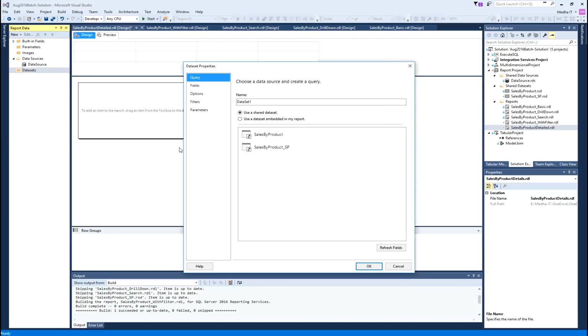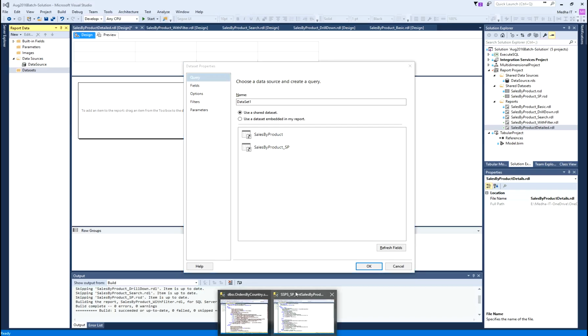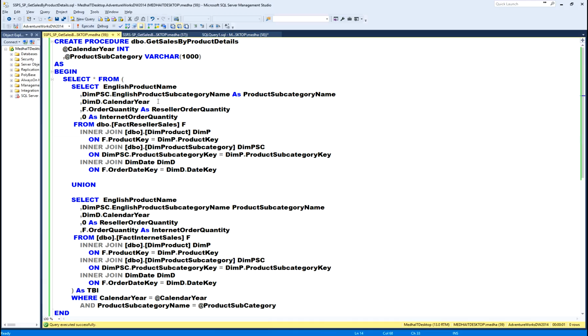So, for this report I want a detailed value. Detailed value means I want to get the product level information. To do that I already created a stored procedure, that is get sales by product details, which takes calendar year and subcategory as input parameters and returns product level details, product subcategory and calendar